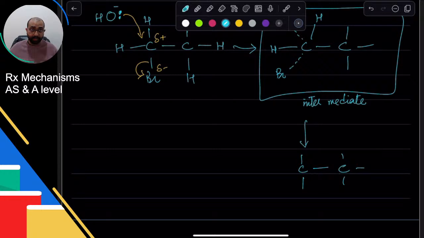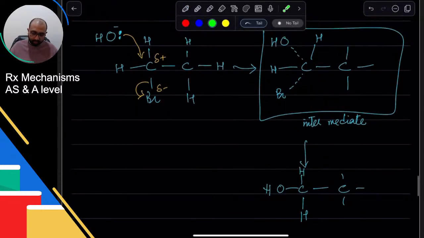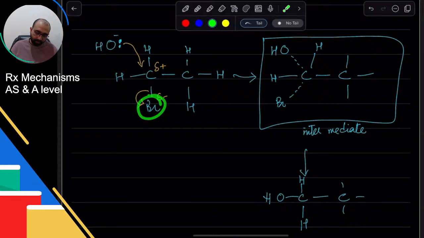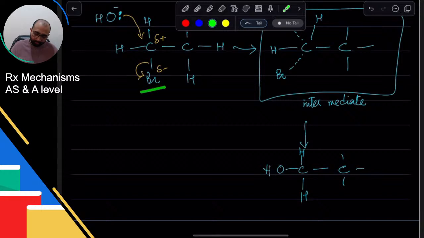Here you had Br, right? Now you don't have Br there. The OH has taken its place. But notice that I did not put OH here. OH attacked from here, so OH stays on the top side. So the orientation does change a little bit when you do these reactions. Don't write that the OH came onto the same bond where the bromine was. Don't do that. Even though it doesn't matter, this is not a 3D formula, but still it's useful to understand